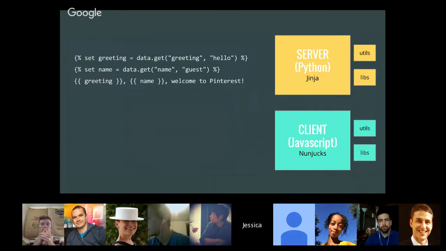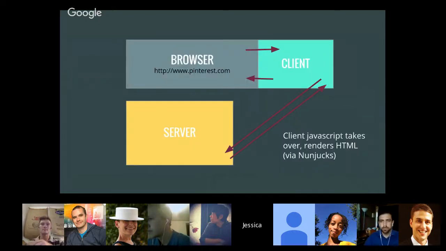There are also some language differences between Python and JavaScript that are very inconvenient for developers. There are truthiness differences, and some other language-specific differences that give our developers a lot of headaches, plus having to implement a utility twice in two different languages. That's kind of annoying. But other than that, everything's okay. Everything runs. People are getting their pins. That's great. So what's the big deal? Why do we need to change anything?